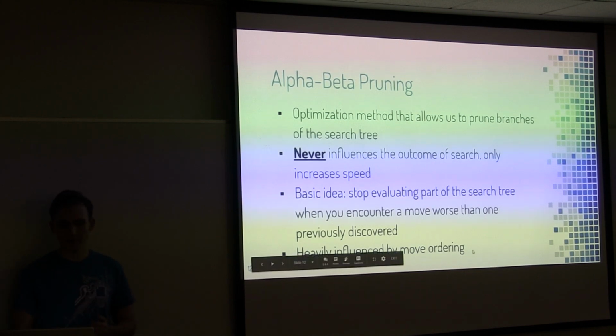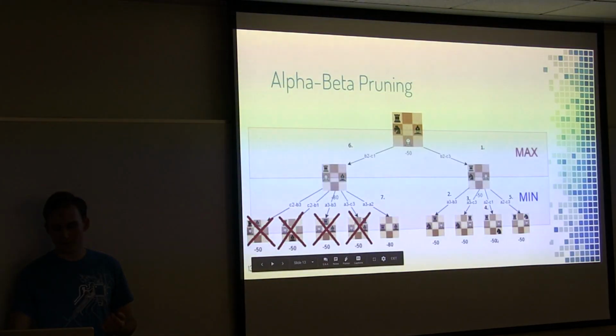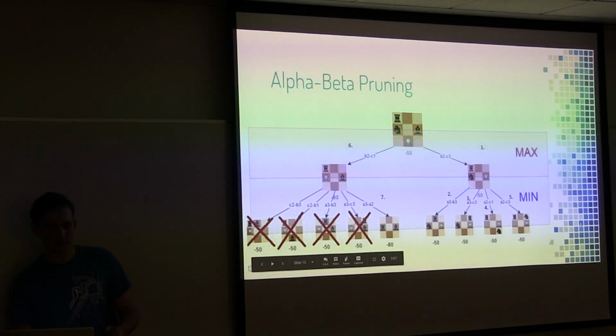But in terms of move ordering, it's easy to understand how that would help pruning, because if you find the best moves right at the start, then it's easier to cut off the ones that might not matter. So pruning becomes more efficient if you can find a way to find the best moves first. Yeah, here's a little picture actually, which makes it easier to understand.